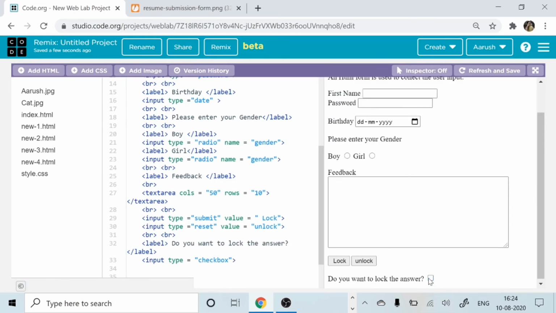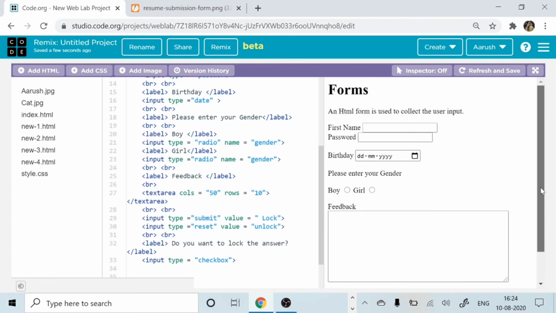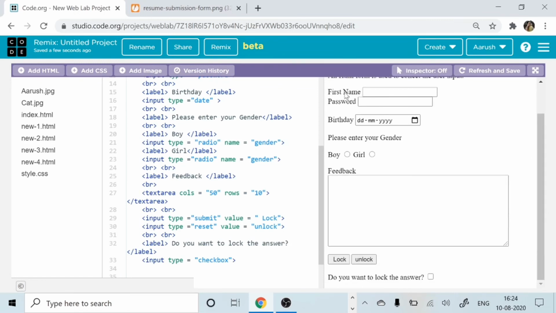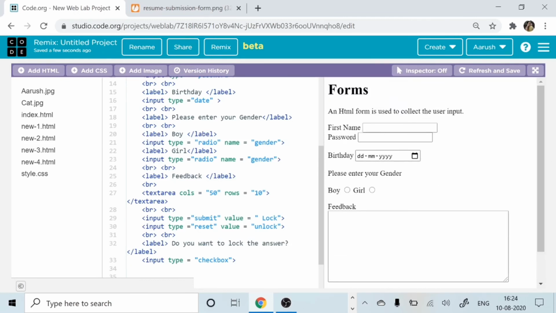Can you see? We can put a right and no right. So when you are putting this, we'll say lock, or do you want to lock the answer? So we will ask you the right question. So I think this has made your questions very clear, and you can definitely see a beautiful type of form which we have created, which is asking you your first name. Let's give the heading also something different over here.